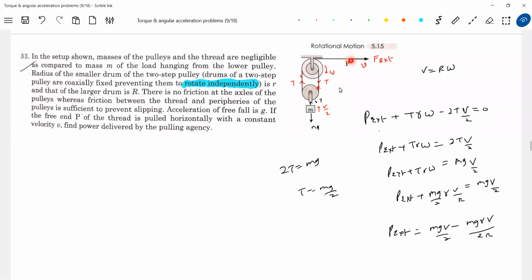See, to maintain that constant speed, I should exert a force. So here the external agent will exert a force. That was the power given by the external agent. Then here the tension does work on the shaft or this drum, because why will the drum rotate? Because of that condition. Then here the gravity does negative work.